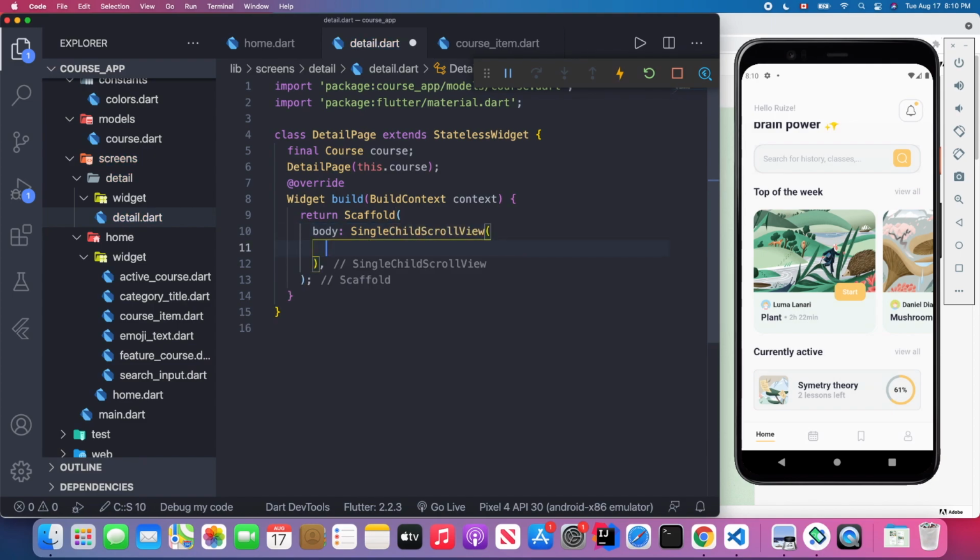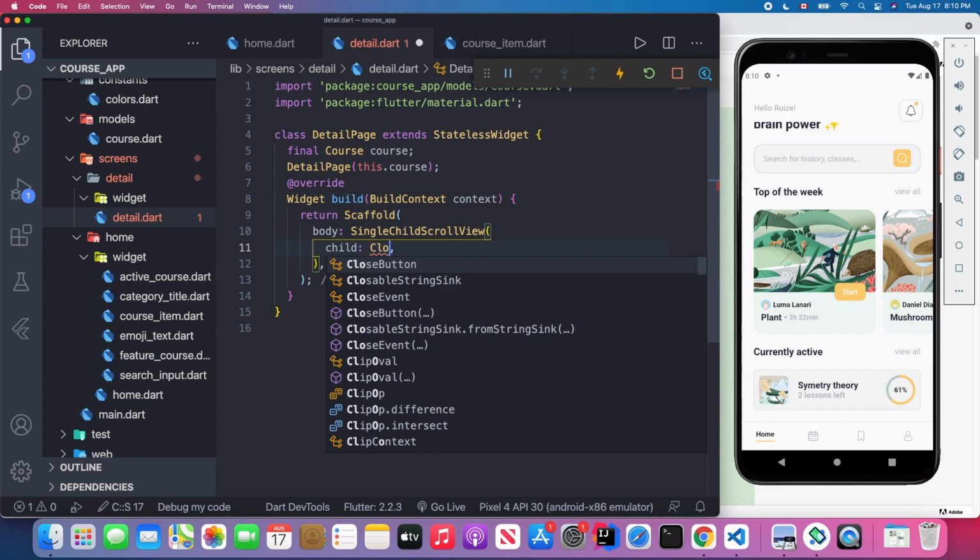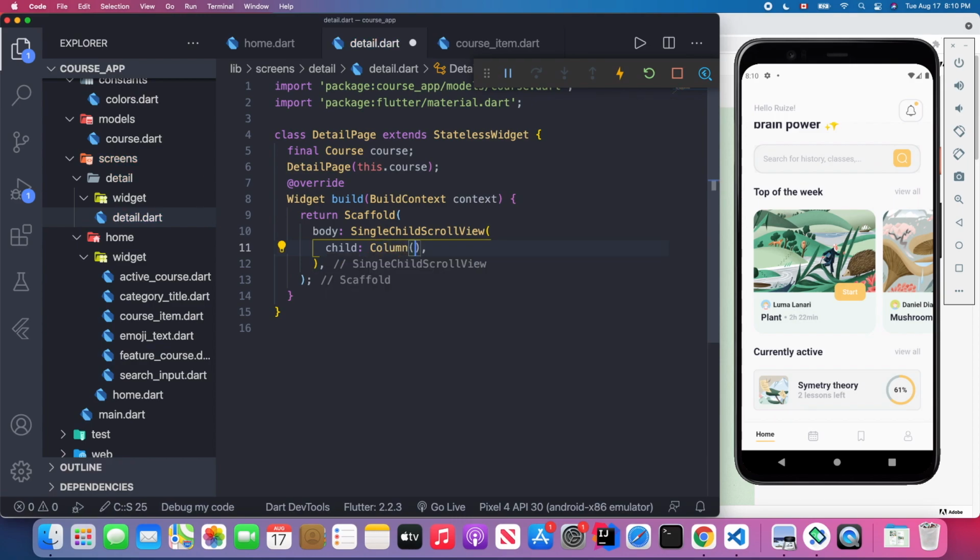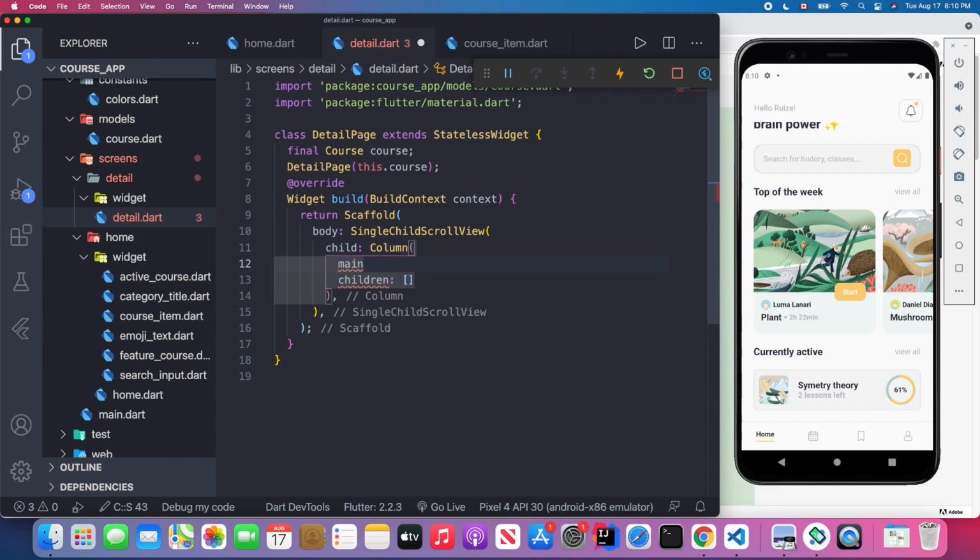And inside this single child scroll view, we will place this column widget, and we need to implement children attribute, right? Also, we need to set its main axis size, and we set to